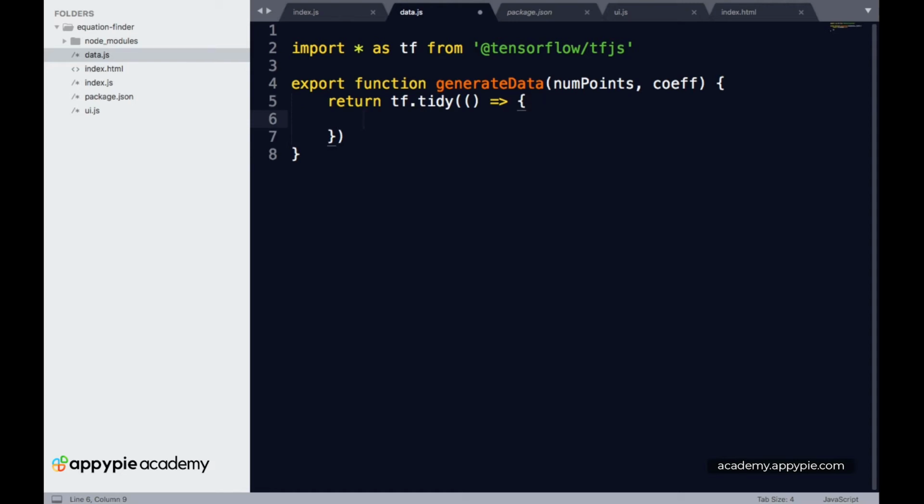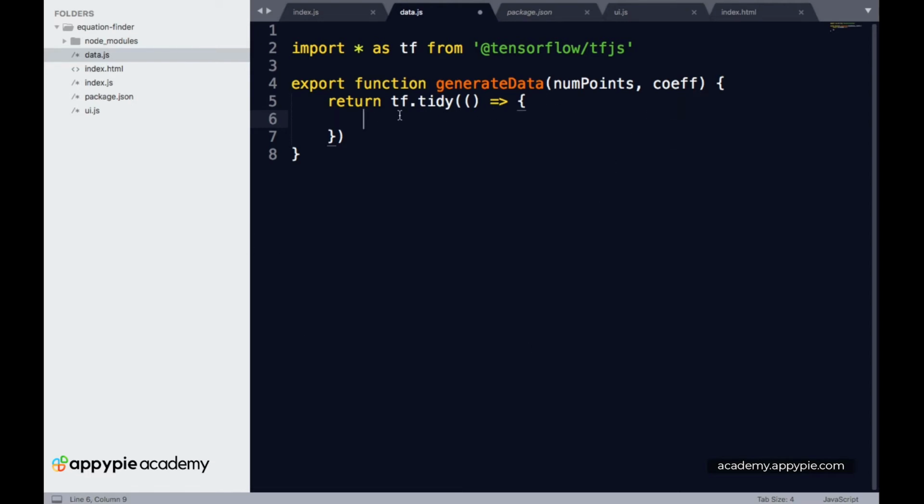Inside tf.tidy, first we have to initialize the coefficients. The program works like this: you initially specify some coefficients, or they can be random numbers, and then TensorFlow creates a graph using those coefficients and also adds some noise in between.